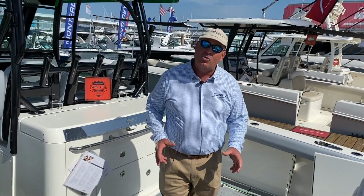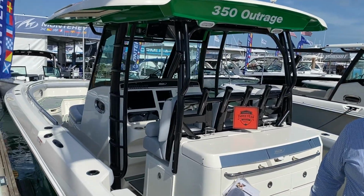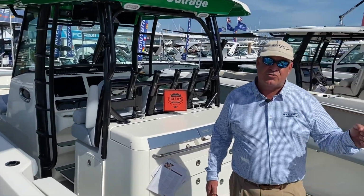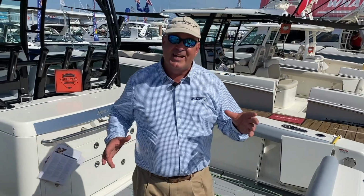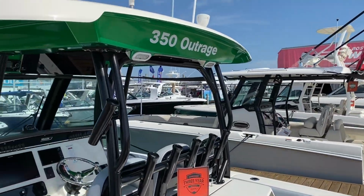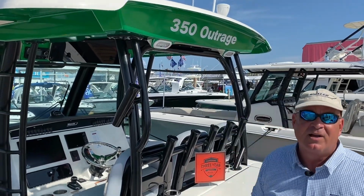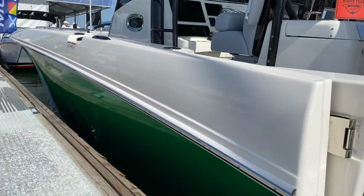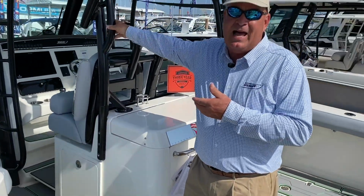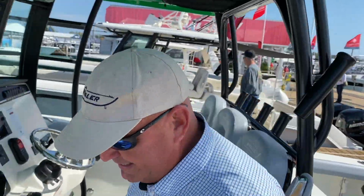And today I'm on one of the flashiest Boston Whalers we have ever built, the 35 Outrage. Not only is it a trend-setting and phenomenal boat, but we have wrapped it in a green wrap that makes it pop. Not only have we wrapped the boat hull side, we also have the underside of the hardtop completely in the green shade. That is complemented by this black powder coated frame and even some real neat details like